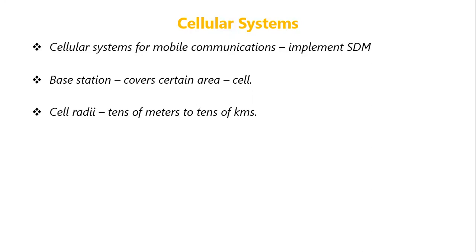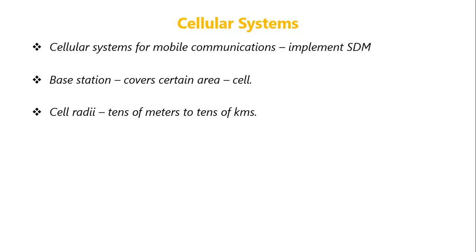The radius of the cell can vary from several tens of meters to tens of kilometers. That is, if the base station is within a building, then it may cover several tens of meters. In cities, it may cover several hundreds of meters. And in the countryside, it may cover up to several tens of kilometers. The shape of the cells